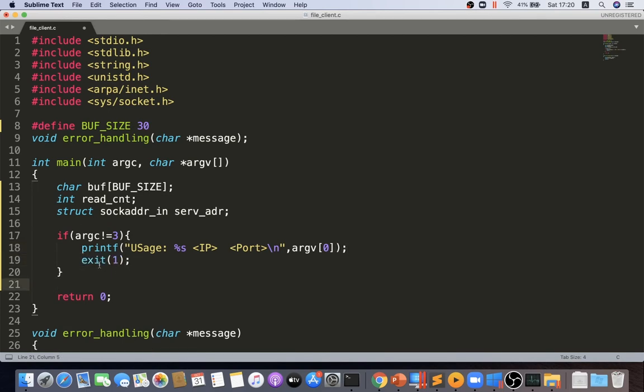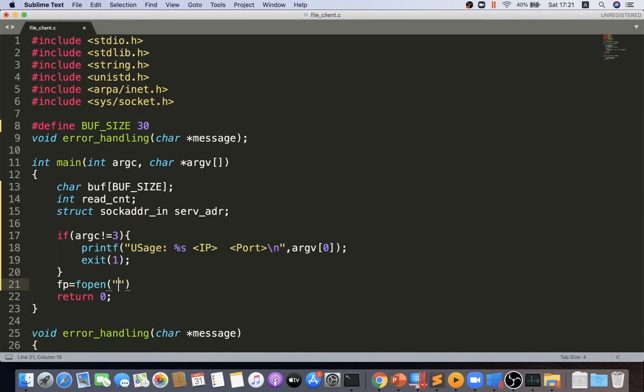Sorry, I should not have deleted this one, but it was deleted, so I had to rewrite it. Same as the server, we need a file pointer, and the file pointer will open the file. On the server side, we were reading the file server.c, and in that case it was rb. But here we have to open a file that should keep storing anything that is coming from the server side. So we will just use fopen again, the same as on the server side,